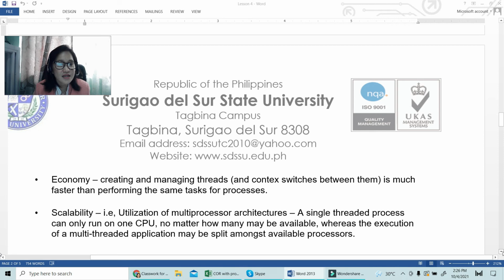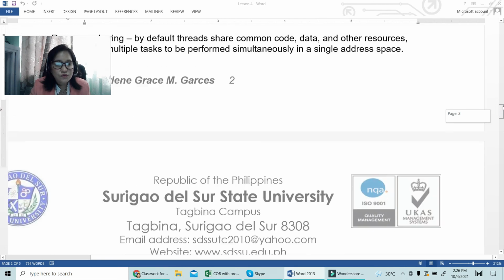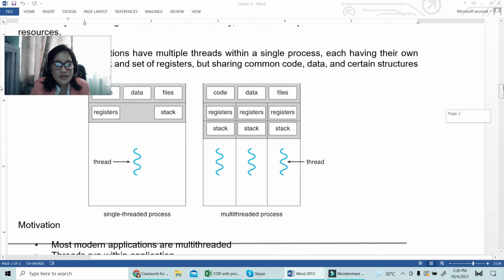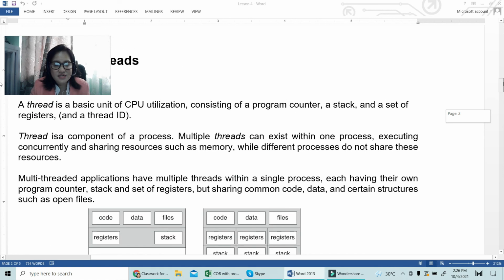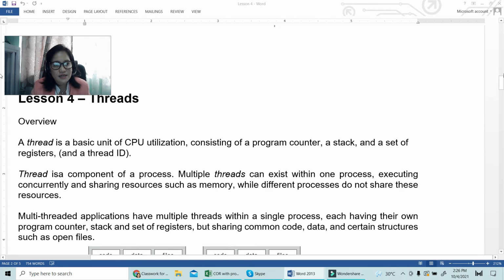The difference is within the memory that you are using. So I hope you understand the difference between the single thread process and the multi-threaded process. I know I'm discussing quite fast, but I want you to review again, and if you have any questions, please let me know. I just would like to emphasize again that